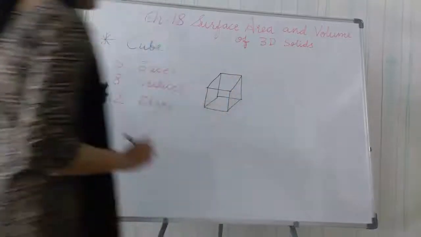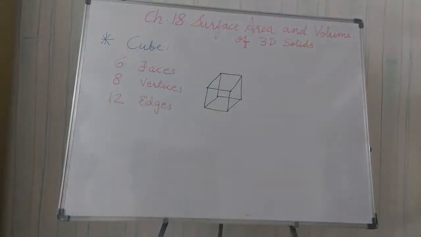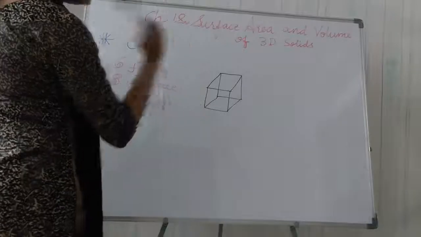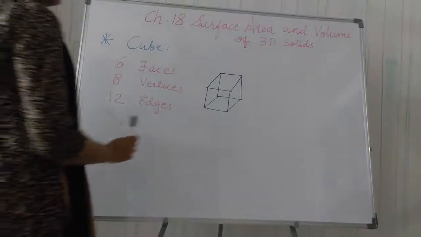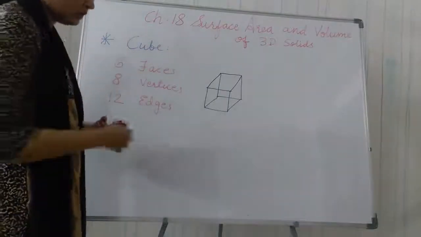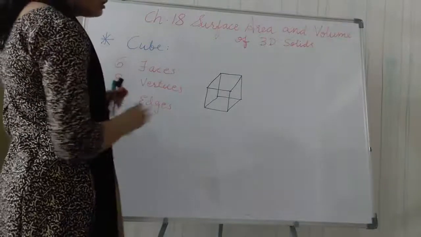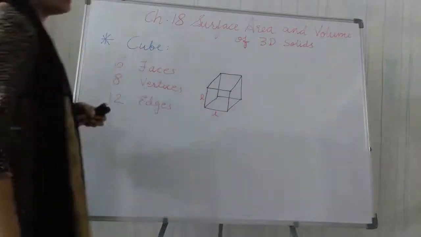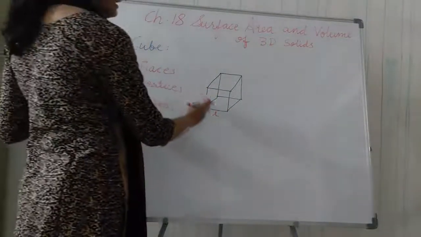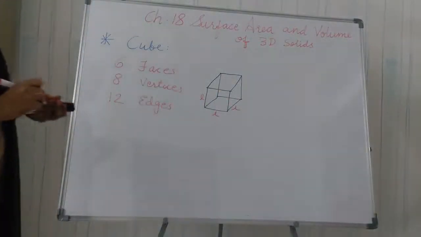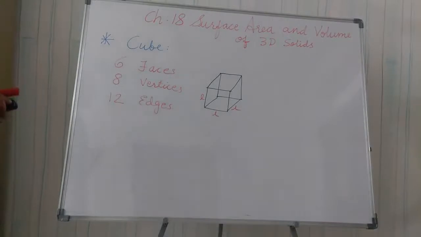So here I have drawn a cube shape. You can see a total of 6 faces: upside and downside, and 4 walls. It means 6 faces, right? And these are the sides here, and all are equal. Let me tell you that all the edges of a cube are the same. They have 3 dimensions, length, and this is also length. Always they are all the same.